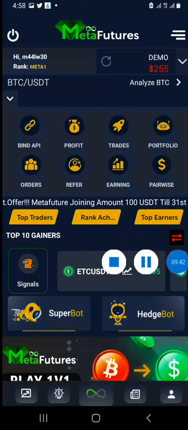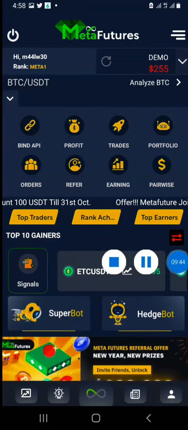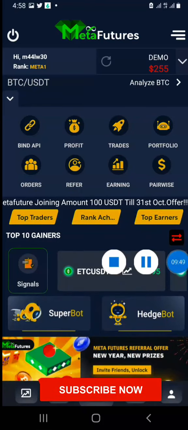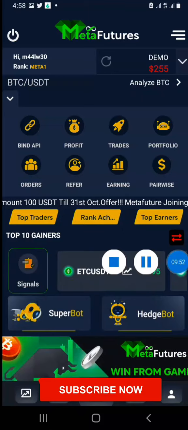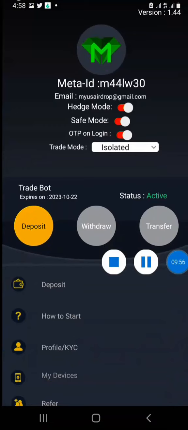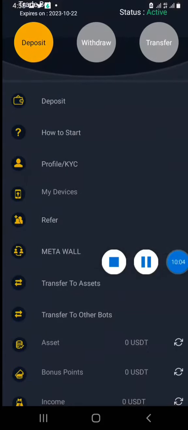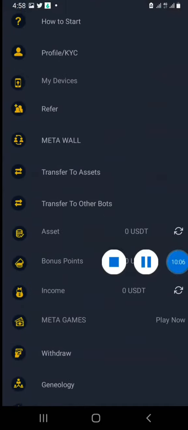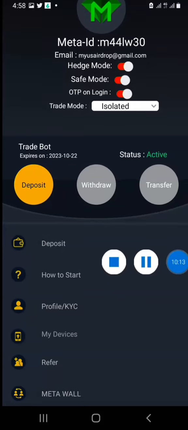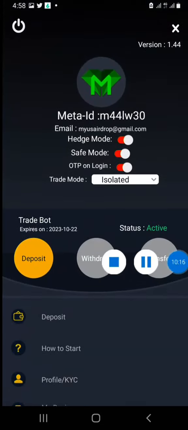Yeah, so as you can see, even though it took me about 5 to 10 minutes, they finally confirmed the transaction, and the account is now active. If I go here now, you can see that the account status has changed from inactive to active. So from this stage, I can begin to demo trade if I want, and probably after a week of demo trading and getting the hang of this platform,